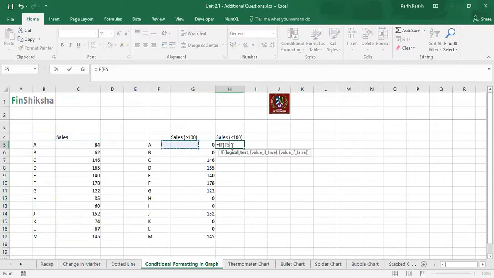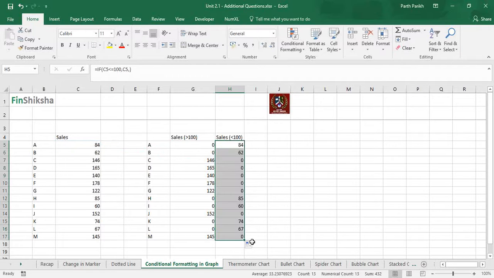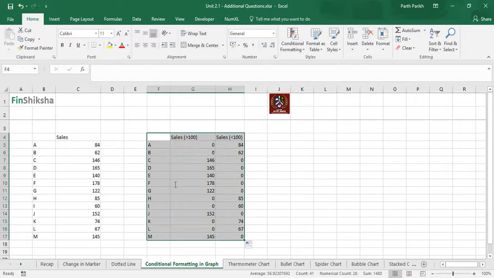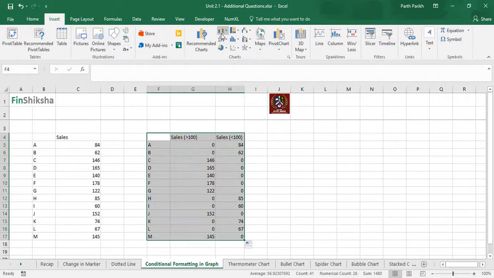Similarly, I can write an equation: if my sales is less than or equal to 100, then I want to preserve that value, else do nothing. I will close this, and write this down, so it shows me the values where my sales is less than 100 crore. Over here you can see that you have two separate columns, one with sales greater than 100, one with sales less than 100. I will select this entire data set and then click on insert,